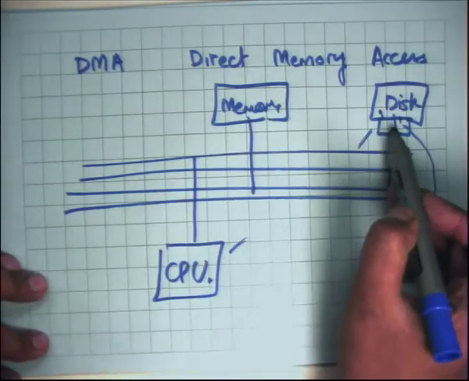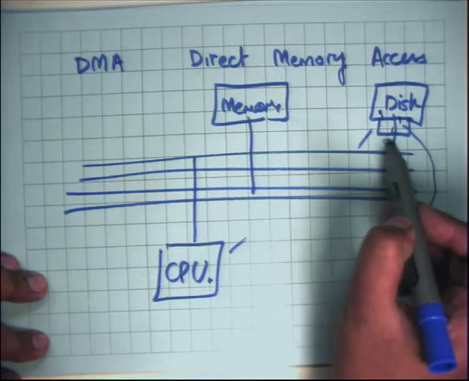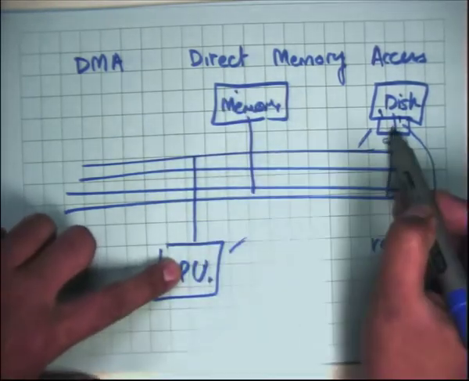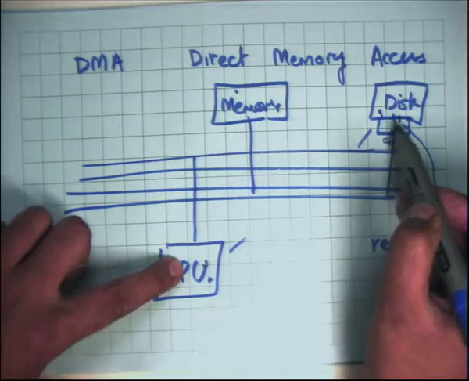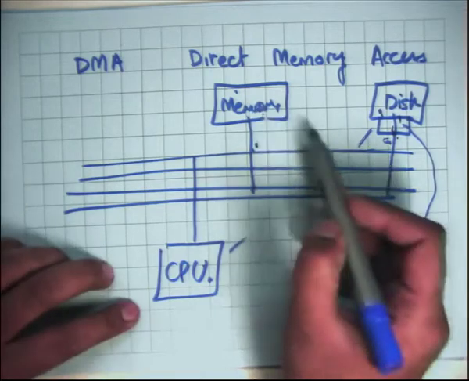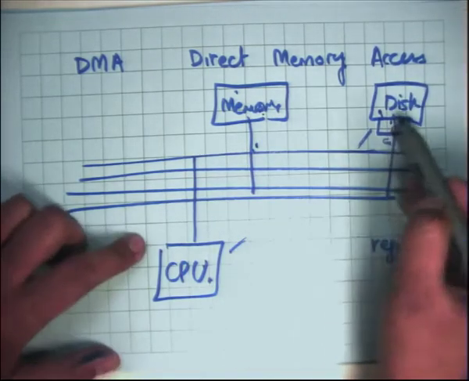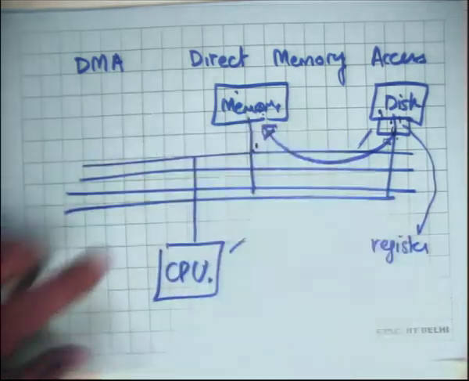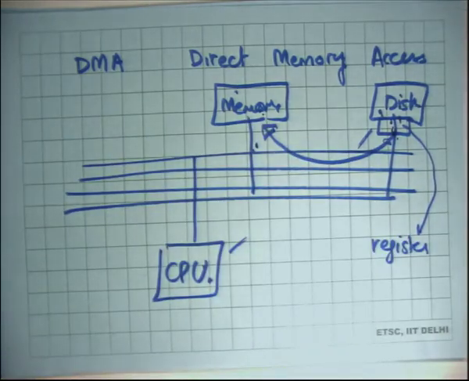Most modern disks have controllers that are capable of writing directly to memory. The way it works is that the CPU registers a request and tells it that this is the location of the memory address. So the buffer basically points to a physical address that is given to the disk controller. And the disk directly writes to memory. Right. So the CPU just fires a command which says write these many sectors starting at this physical location in memory, and so the disk controller is capable of doing it without involving the CPU, and you can imagine that's a significant optimization, and typically that's how it's done.